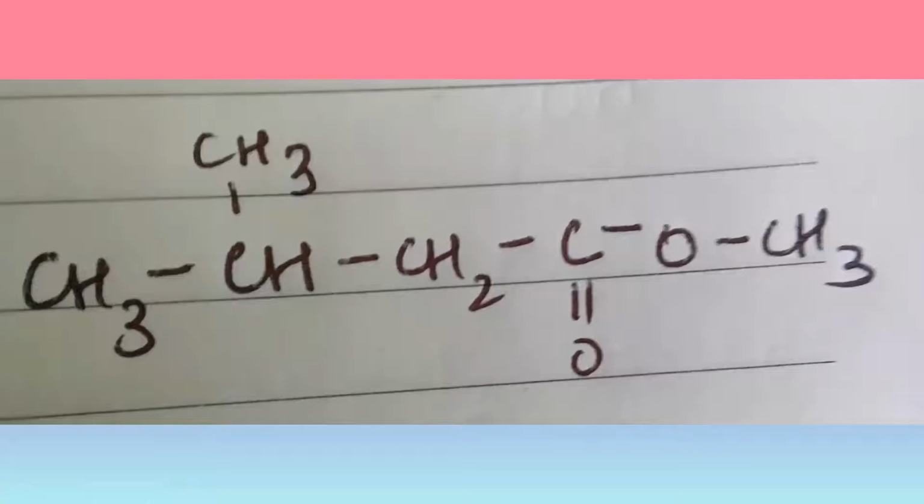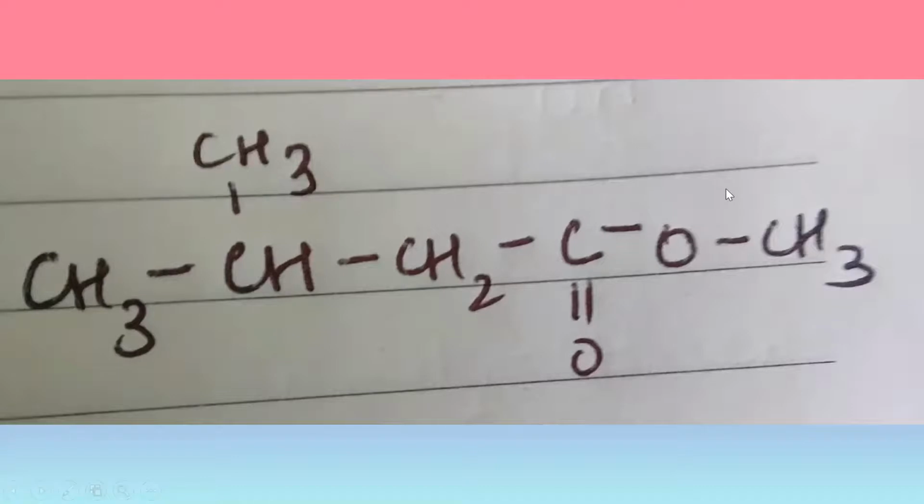We all know that the ester group has a double bond oxygen attached to the carbon atom and a single bond oxygen attached to the carbon atoms. The main basic structural form of naming an ester is alkyl alkanoate. Here the first word, the alkyl, is given to that part of the ester which has the least number of carbon atoms present in it.